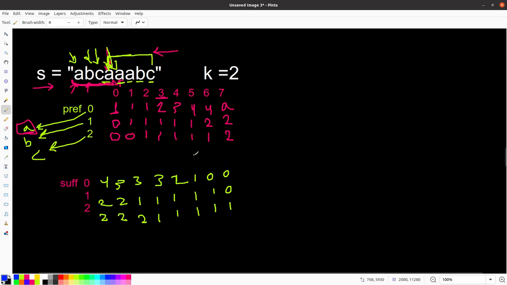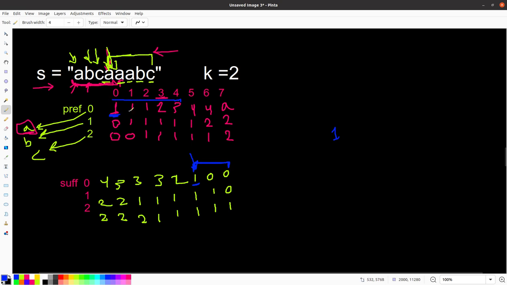But if we are at this index 5, and we have here for A equal 1, we need to search, because this has 1 A, in the prefix in this segment from 0 to this index minus 1 to see if we have k minus 1 equals 1 A, and the first occurrence for this is A,